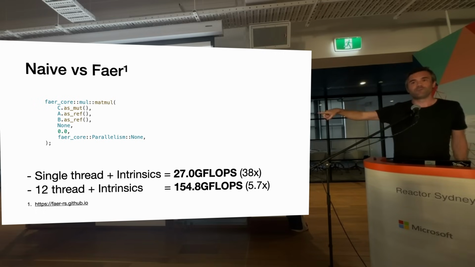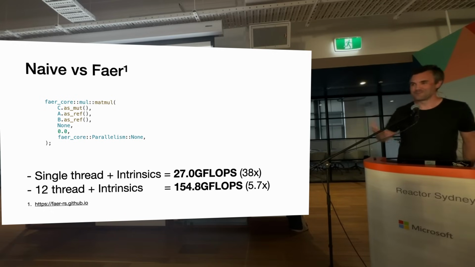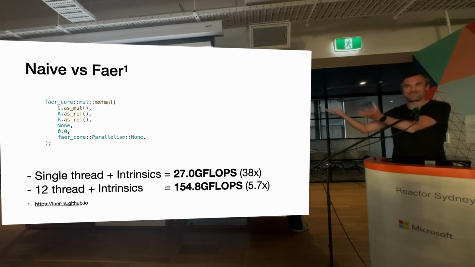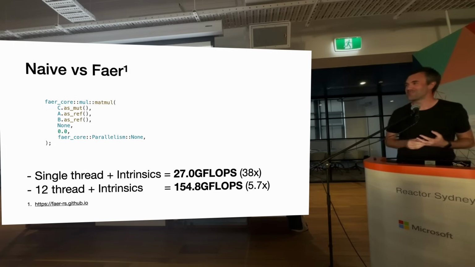And then I turn on multi-threading and I get another 6 times performance on top of that. And you're getting to these numbers which, compared to the Apollo 11, if you took this back in time, I don't know what they would think you came from. So this is a really good library, and the guy at work asked why we had a Fortran compiler, because MKL is still compiling Fortran, and OpenBLAS does something else, but whatever. We don't really want that if we can do it with Rust, and this is the answer.